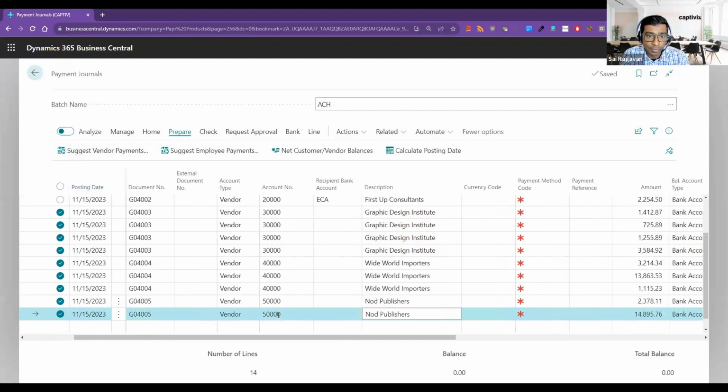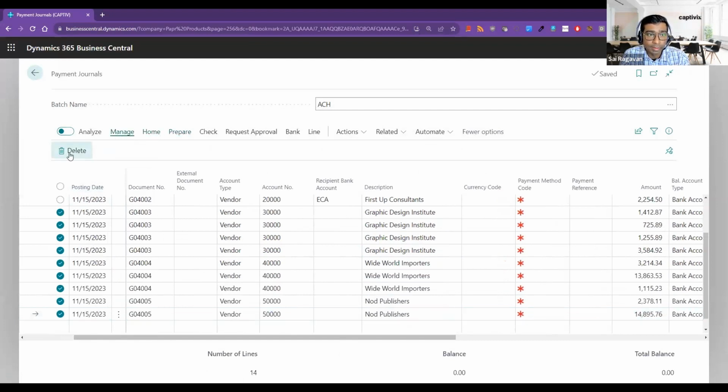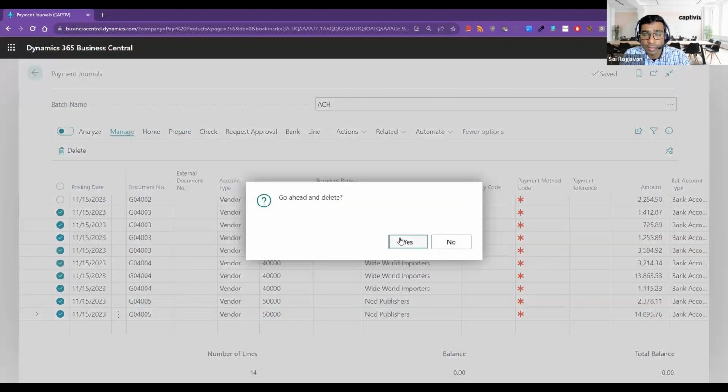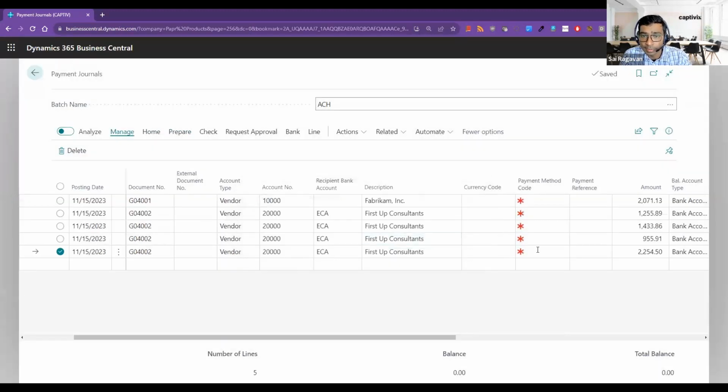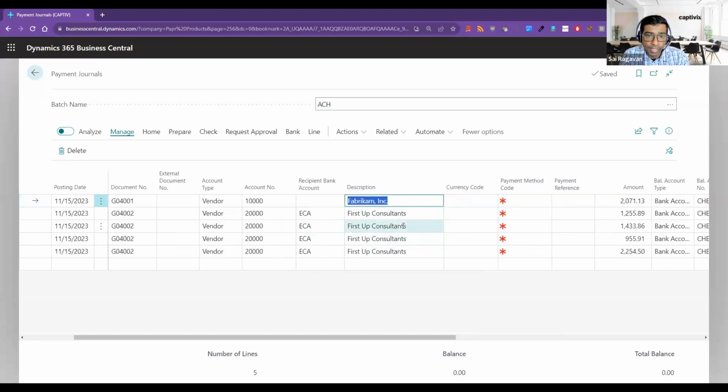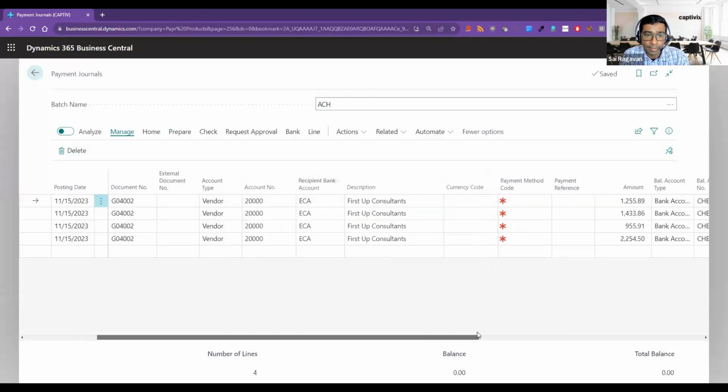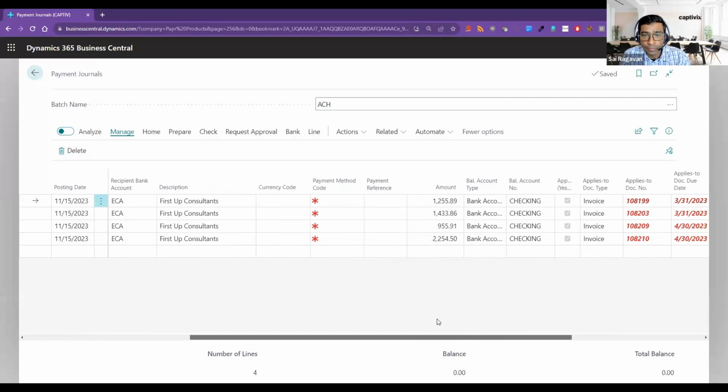So let's say these invoices, you want to save for later and not pay right now. You can remove them from the suggestion. So the system will re-suggest them the next time you run it. And let's say I want to just pay the First Step Consultants company. So I'm going to also delete this line. And there are about 4 transactions. So from here, to make a payment, it's 2 steps, right? So you can